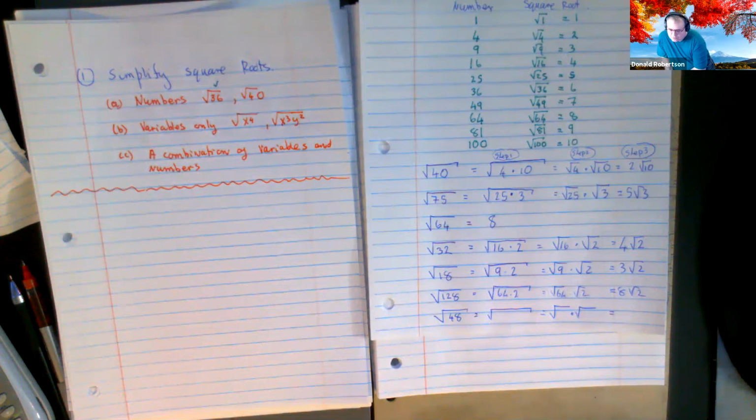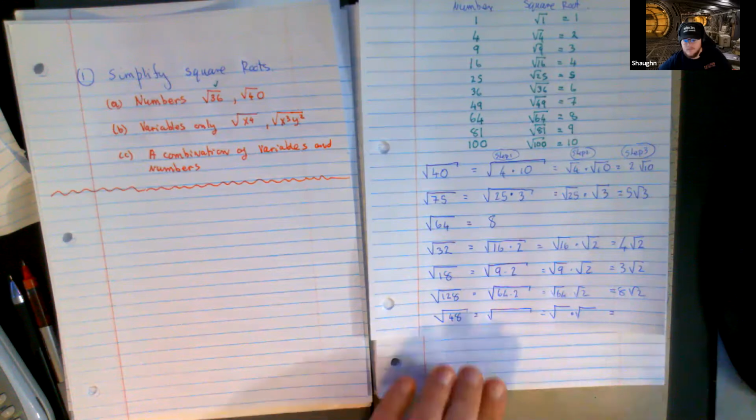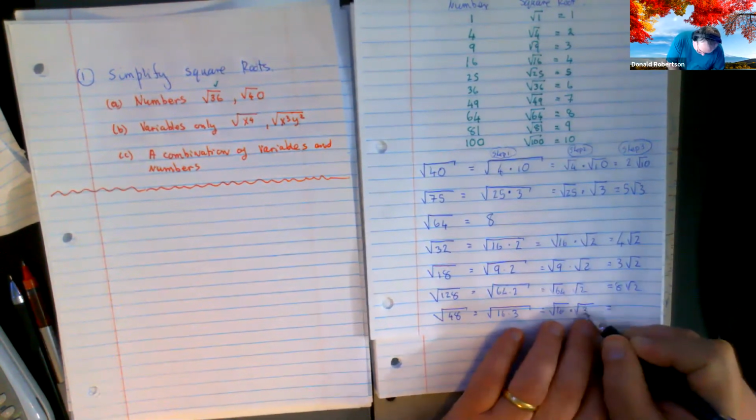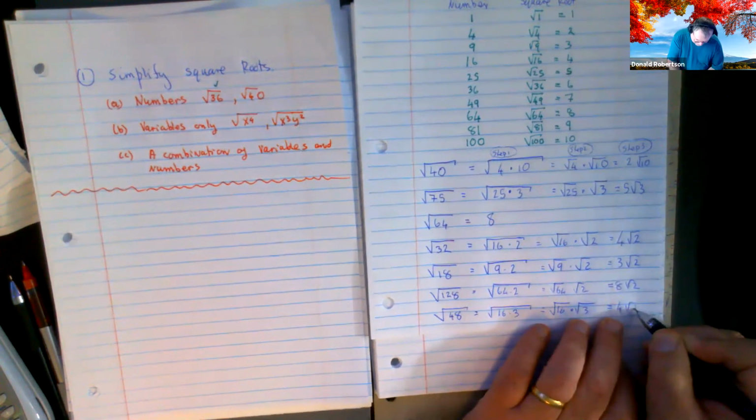This one doesn't have a 2 in it anywhere. The square root of 48 is the square root of 16 and 3. Yeah. And that's going to get you the square root of 16 times the square root of 3. And so you get 4 root 3. Right. Now,